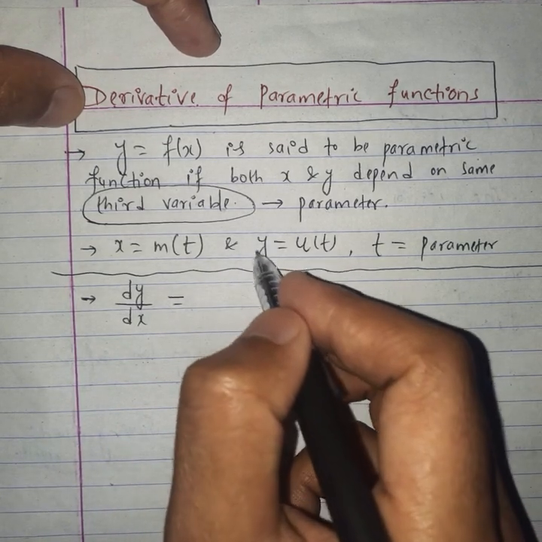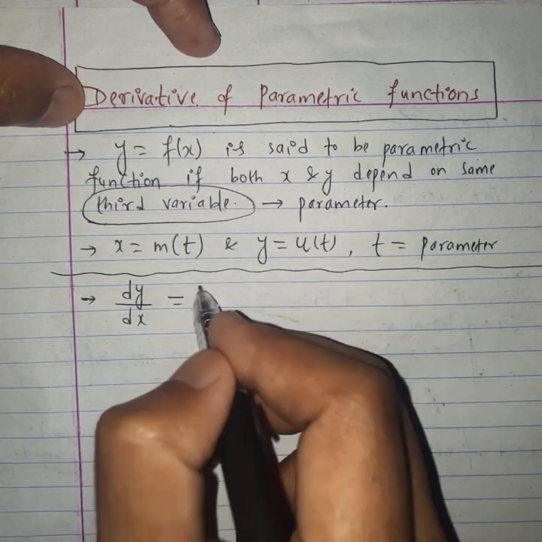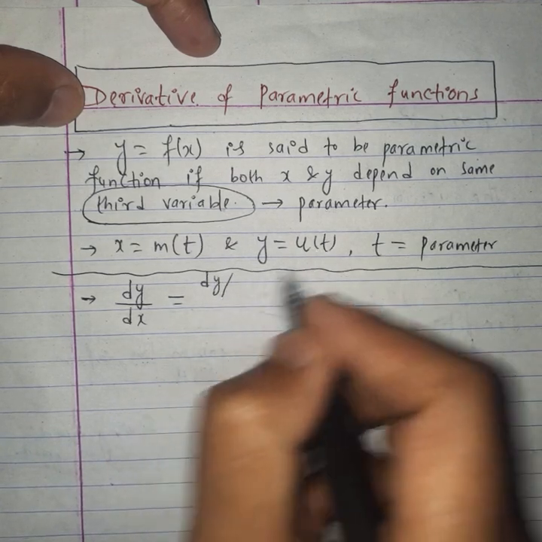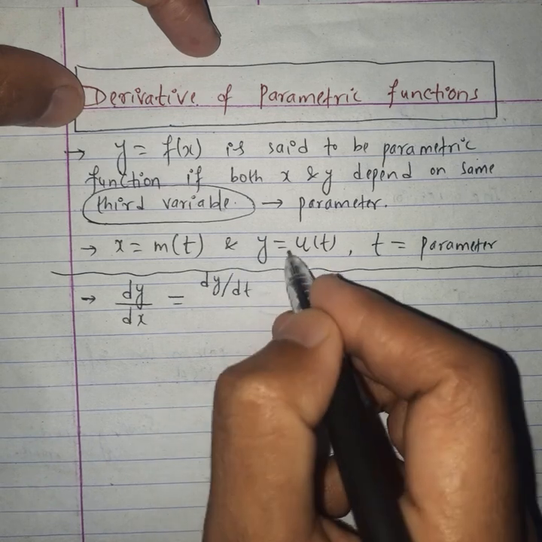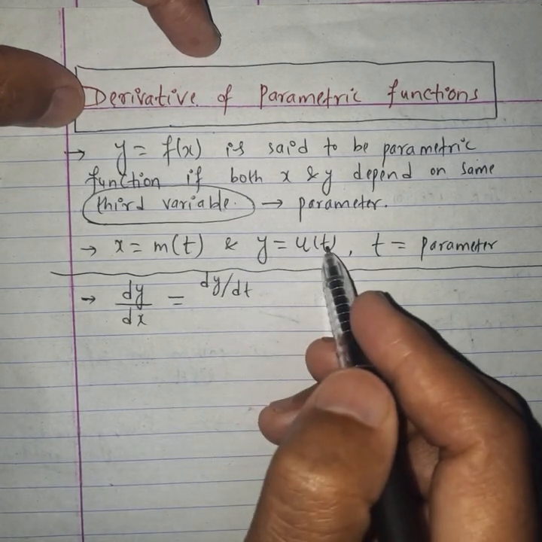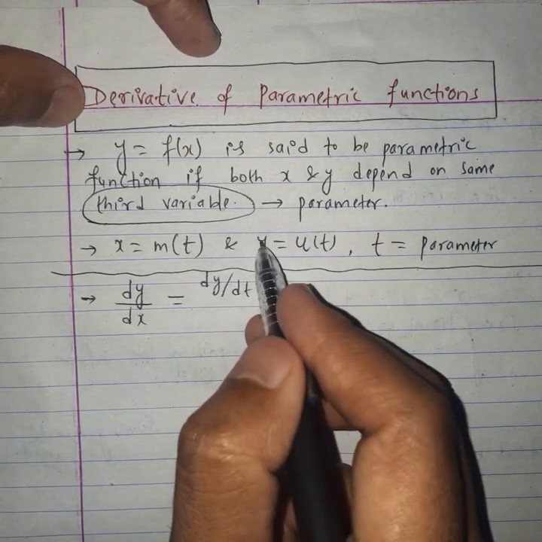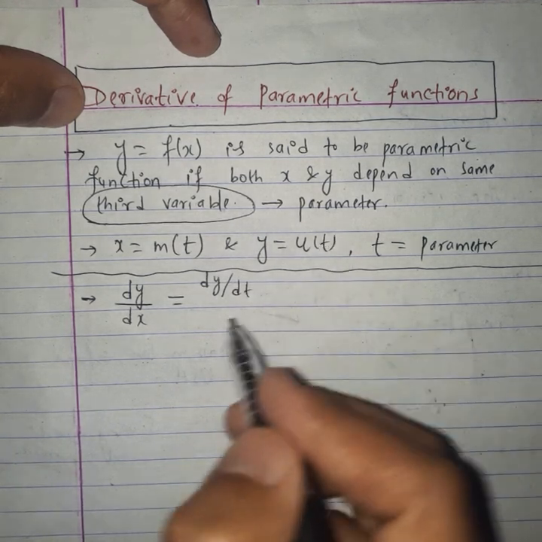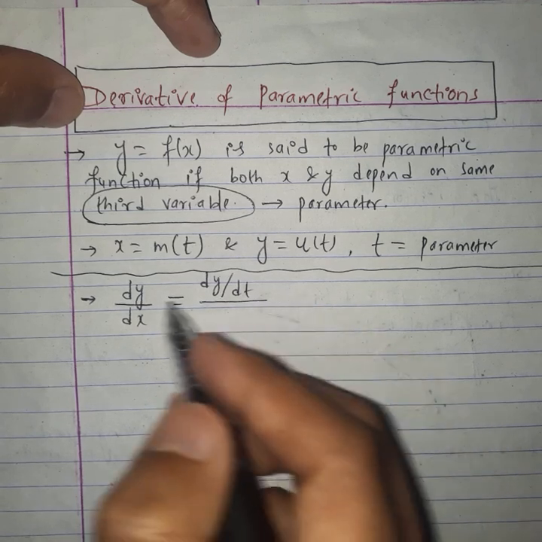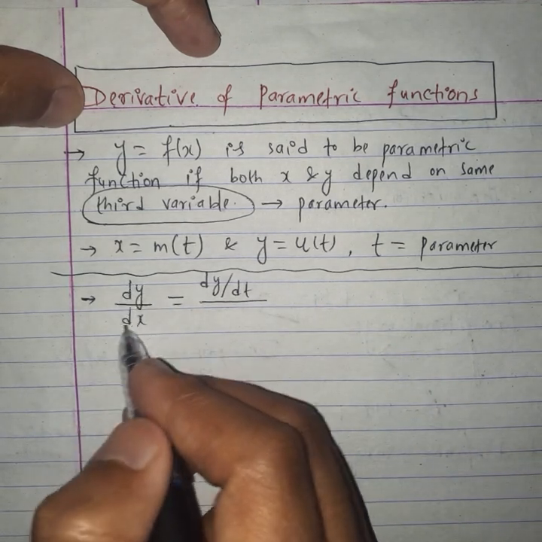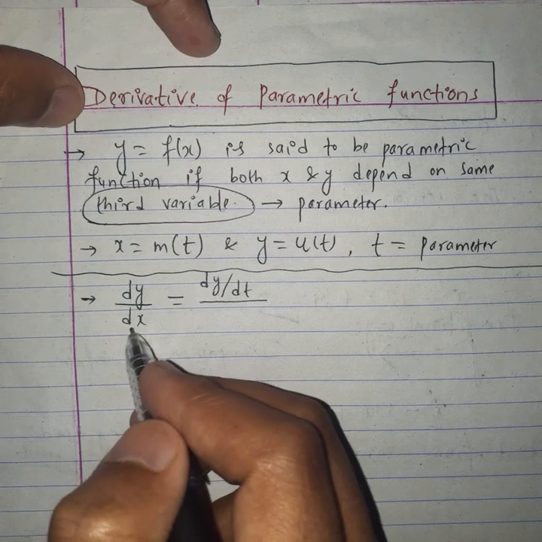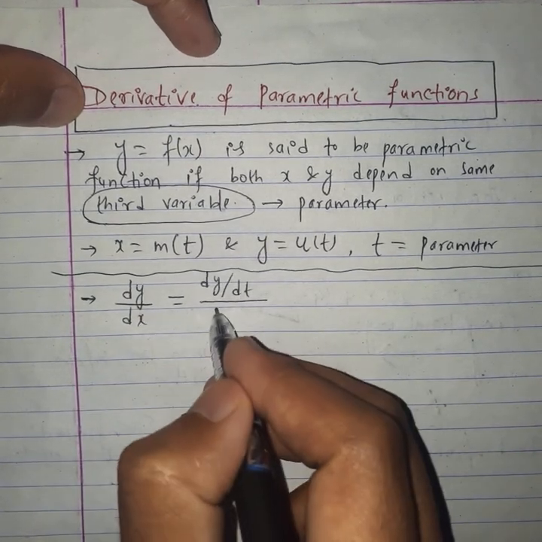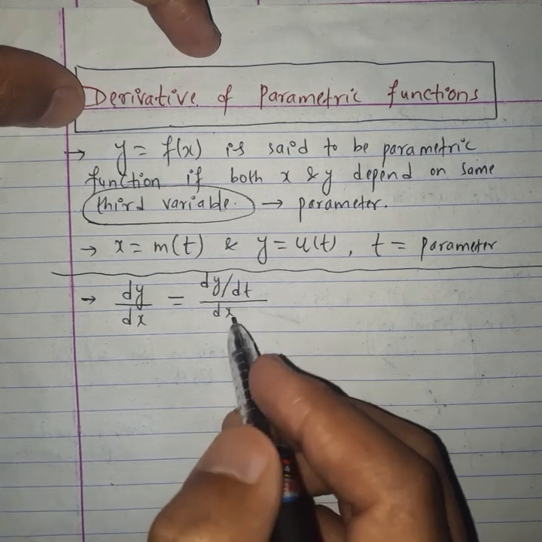Let's take the derivative of the output variable y with respect to t, because y is a function of t, so we have to do the differentiation of y with respect to t, and it is divided by dx over